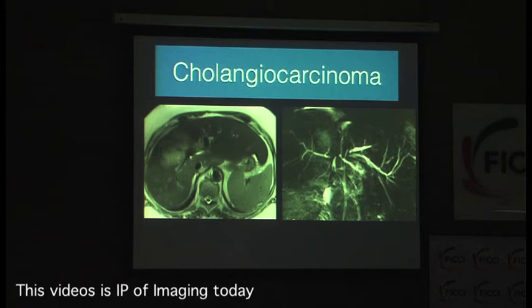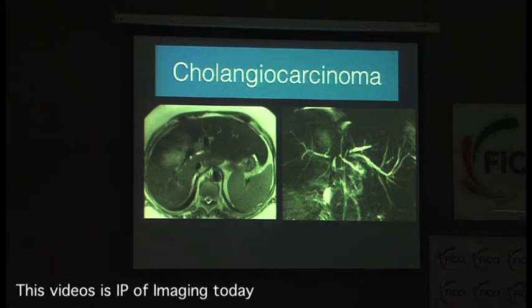Okay, now obviously you can use MR for any of these things, but we tend to use CT because A, our surgeons are more comfortable looking at the anatomy, it has a very high spatial resolution and the scan time is much less. So the only thing that sometimes surgeons want to get an MRI for is to look at the ducts, right? So you see this patient who has a tumor here in the right lobe, but there is involvement of the left lobe as well. The ducts are all isolated.